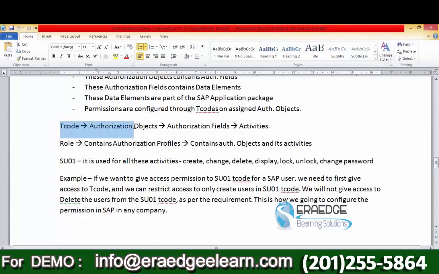T codes contain authorization objects, and authorization objects contain authorization fields. On these fields we will apply the activities. A security role contains authorization profiles, and authorization profiles contain authorization objects and their activities. The authorization field is hidden. Applying activities on an authorization object means the activities are applied only on its fields, so the authorization fields are hidden there.